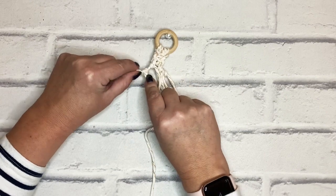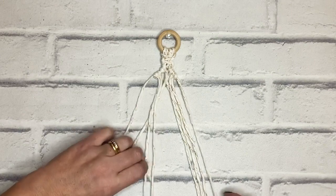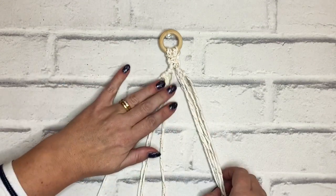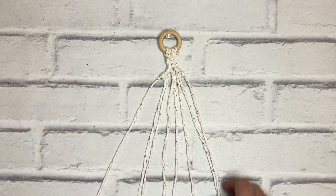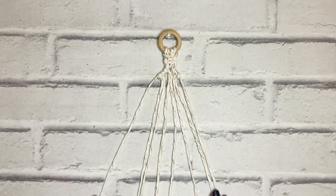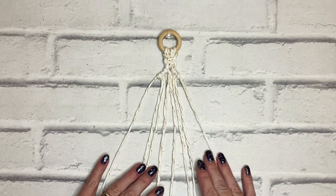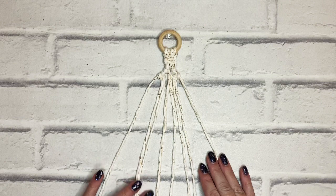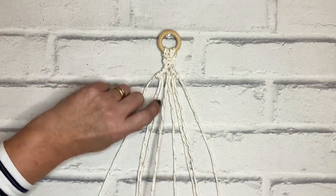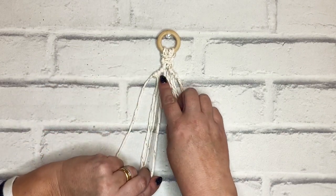Pull it tighter, snug, and then there we go. Okay, so now we have 4 cords on that right hand side, if you like, and we have 4 cords on the left. Okay, now what I'm going to do is I'm going to take the first cord from the left hand side,